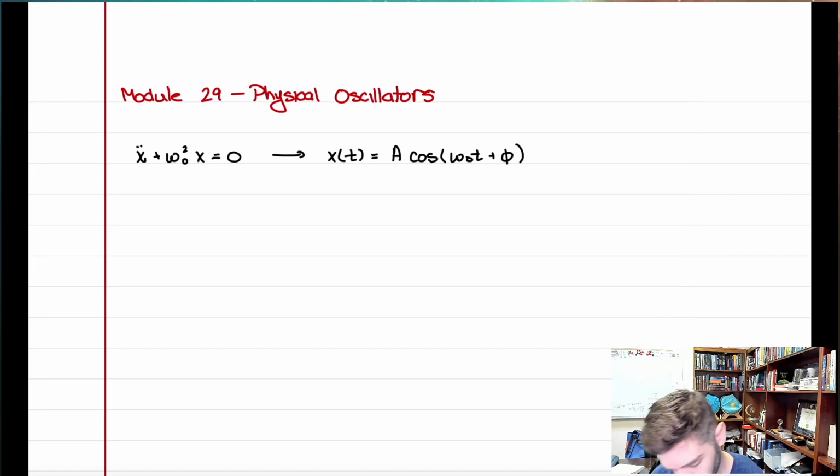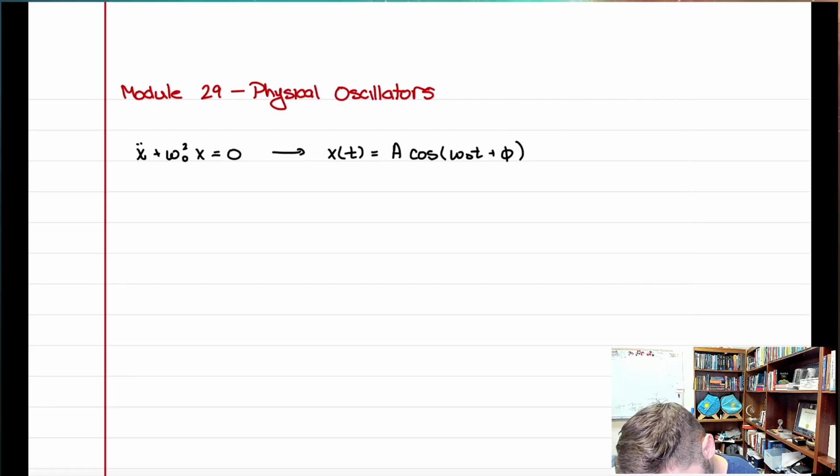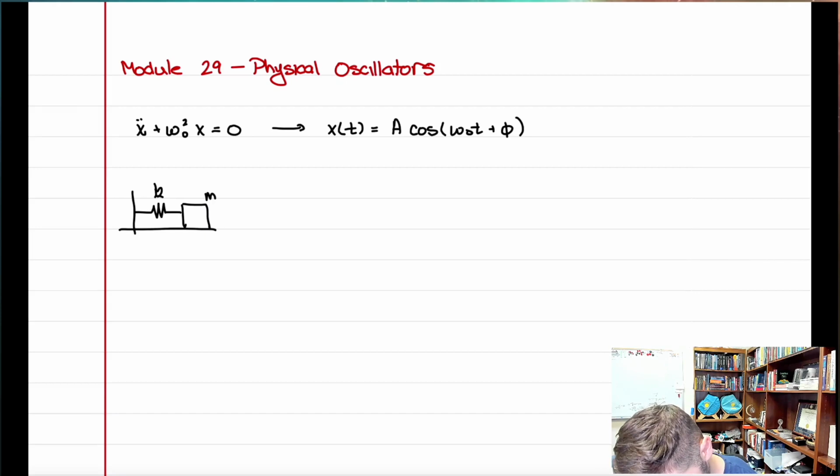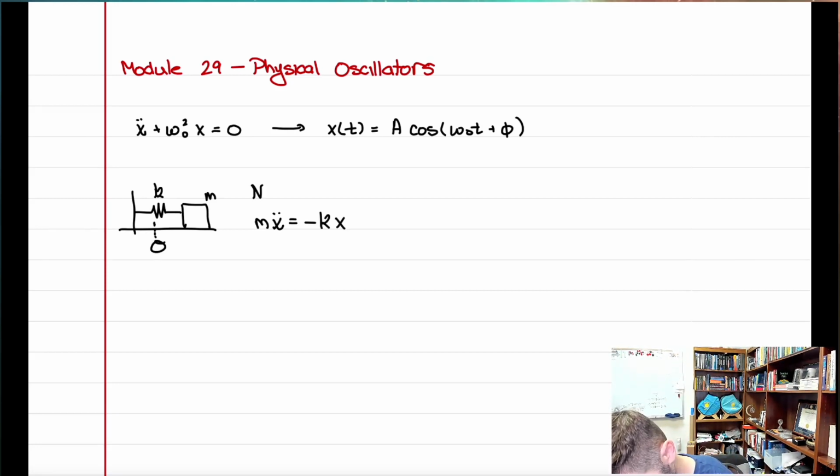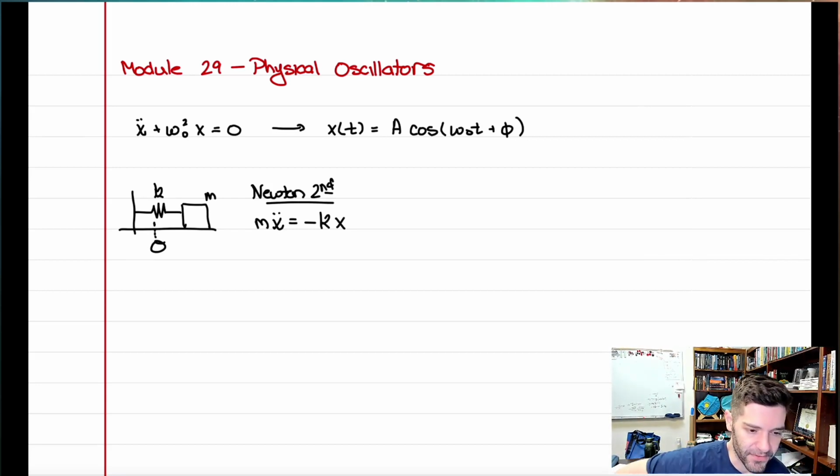All right, so example 1. We already kind of worked or motivated this last time. A box on a spring, frictionless surface. Let's put the origin where the spring is neither stretched nor compressed. Newton's laws, this is kind of a Newton's law example, says that the differential equation of motion in the horizontal direction is that,